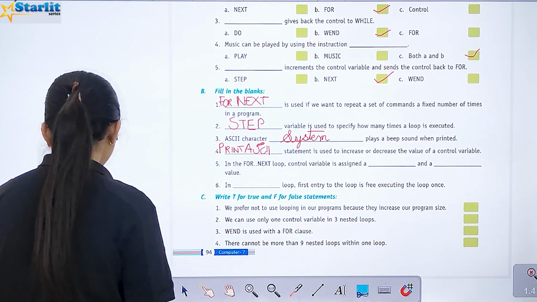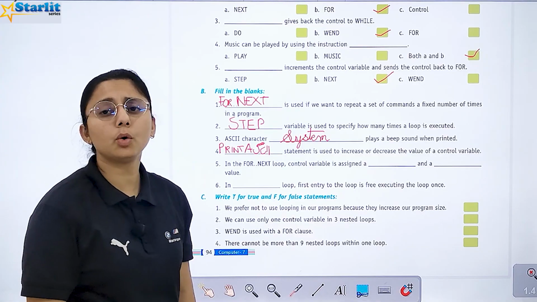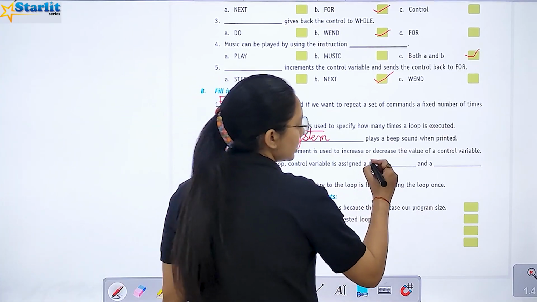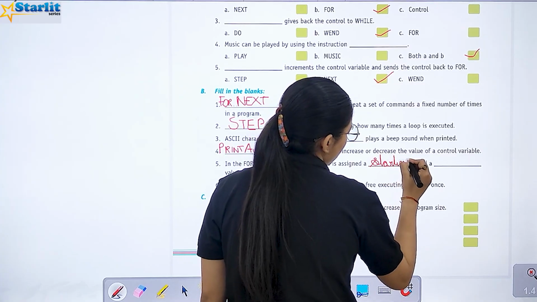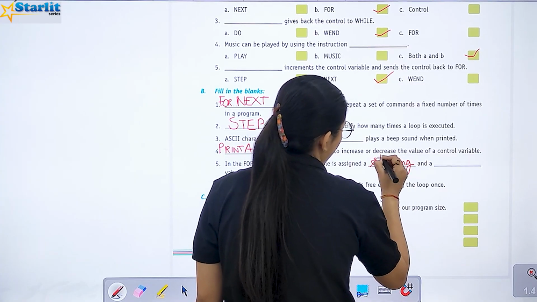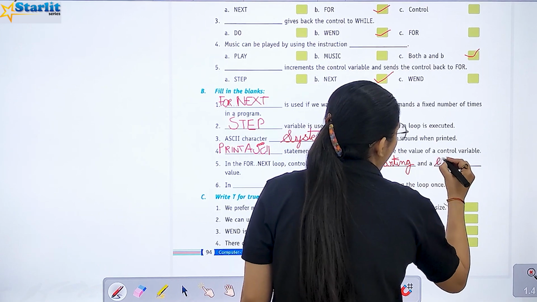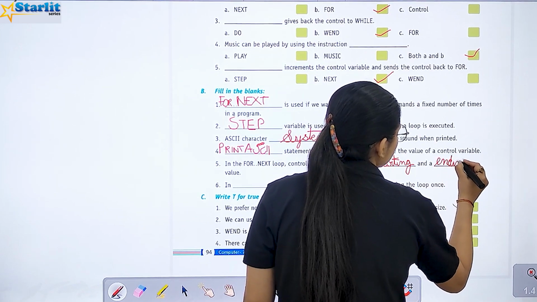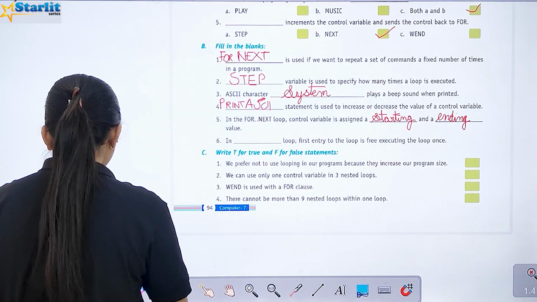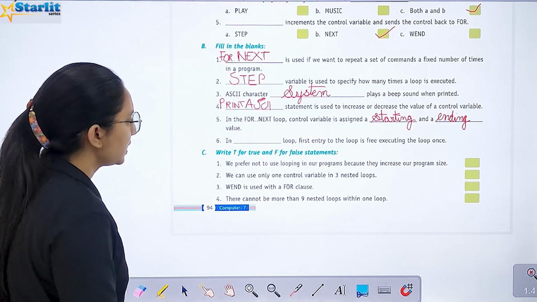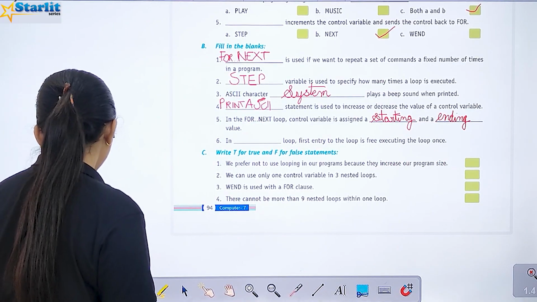In the for next loop, control variable is assigned a starting and ending value. In a dash loop, the first entry of the loop is free.